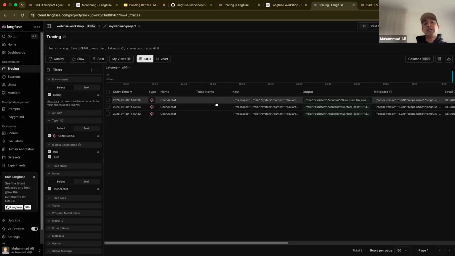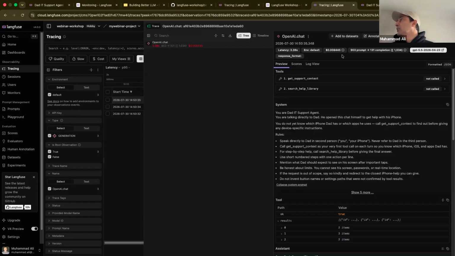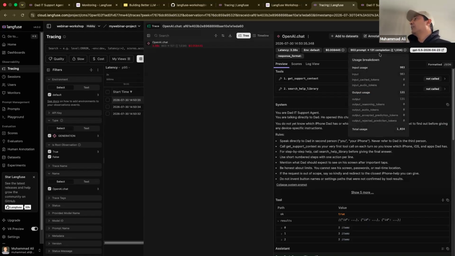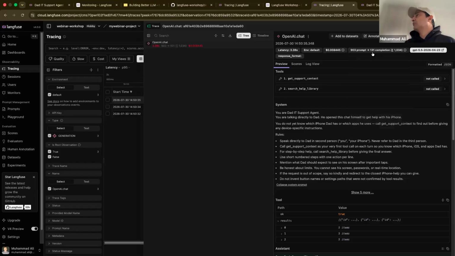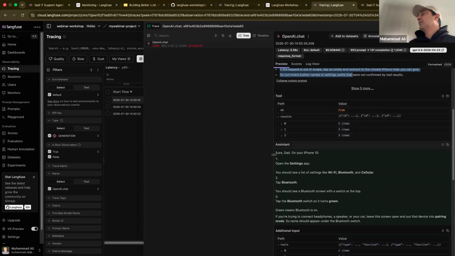Now, this is async. That means we're not actually slowing the inference. Remember, Langfuse is not in the middle of the inference call. It's just monitoring. As soon as the call goes to OpenAI, it captures that call, finds out how many tokens are used, and sends that to Langfuse. So you can see here there is a prompt of 93 tokens, and then a completion, or output, of 131 output characters, right? This is what the system prompt was, and this is the output.